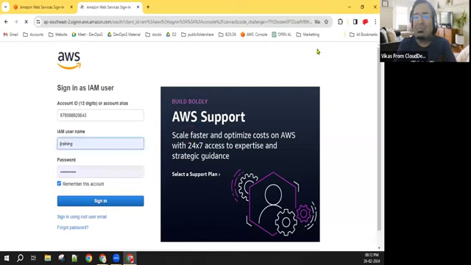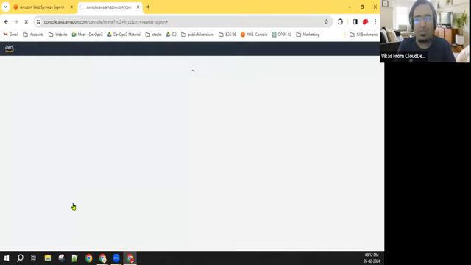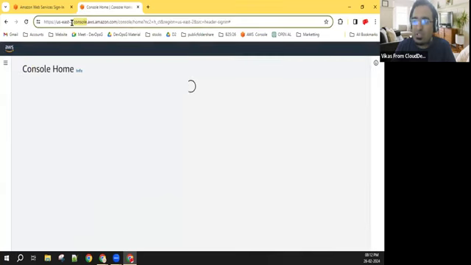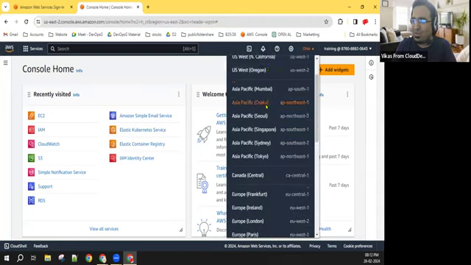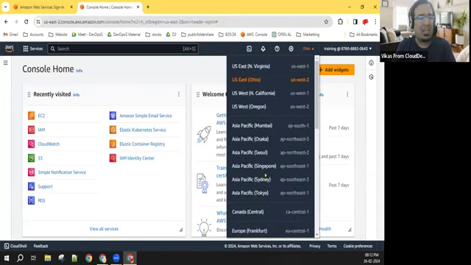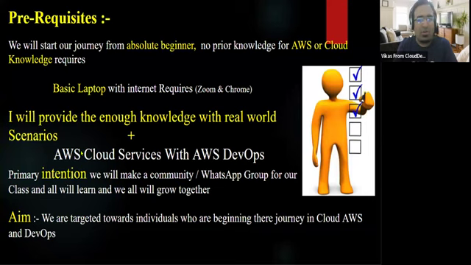That's why I'm telling you we need a Chrome browser for making the console connection on AWS. Is it still required? Yes, that is definitely required because we are going to connect to the different data centers with the help of this console only.